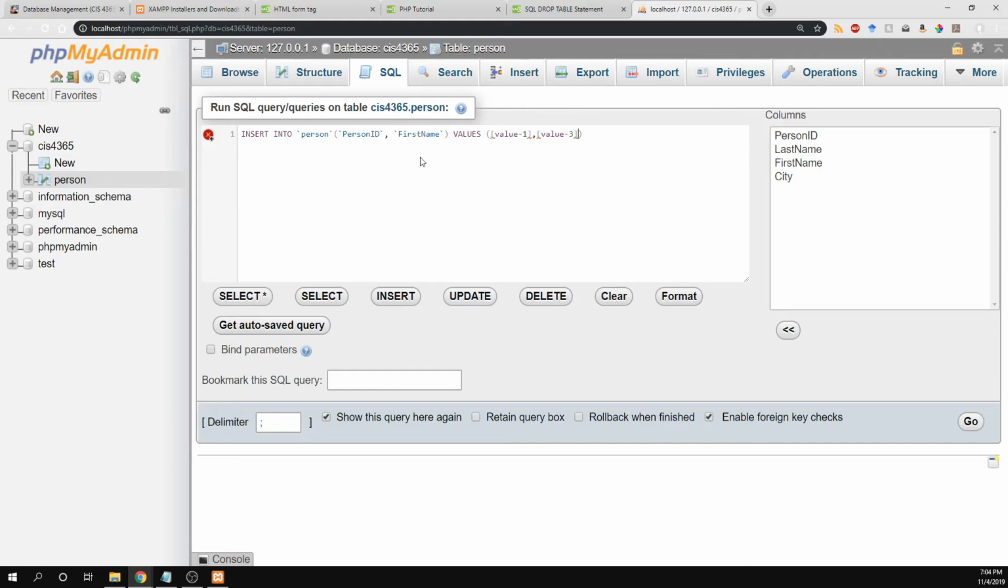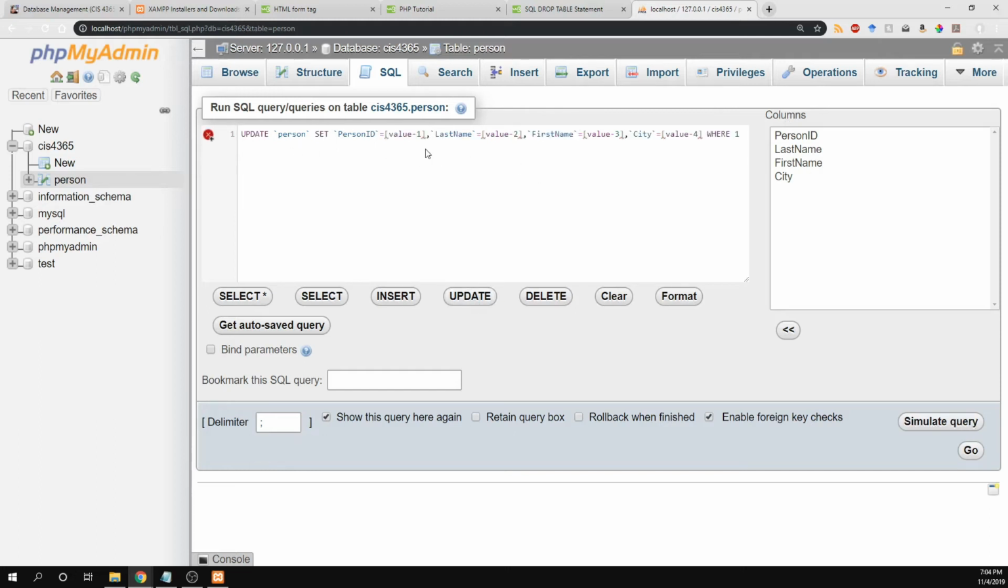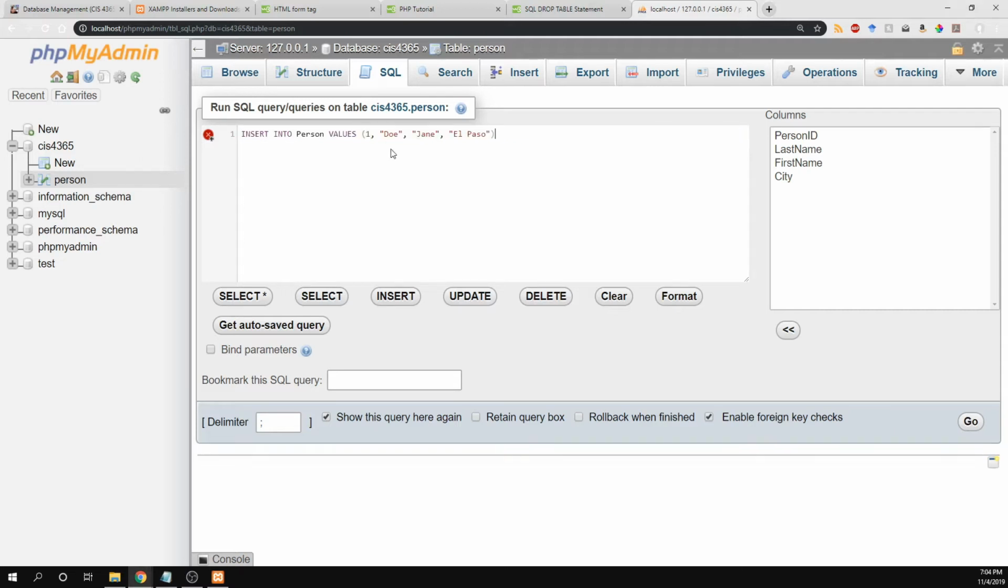So keep in mind, we're inserting, right? Updating would be a different matter. Updating, it's updating the table person, and then set this column to this value, set this column to this value, set this column to this value, set this column to this value, where there is a condition. So for example, the condition could be that person ID equals 1. So where person ID equals 1, change your last name, or change your first name, or do something else, right? This is the syntax, but again, you can type it in my preferred style, up to you, which looks